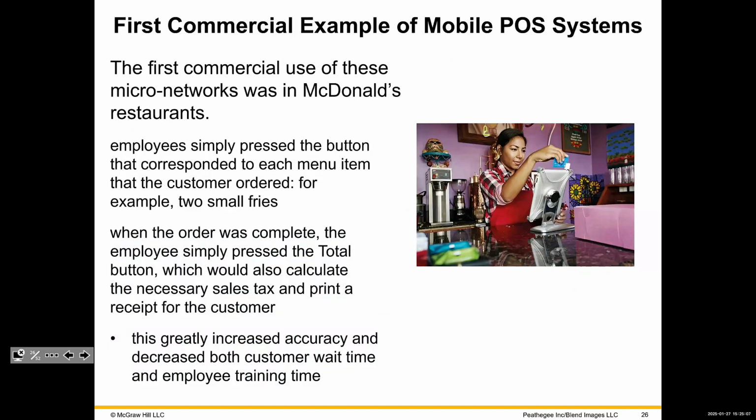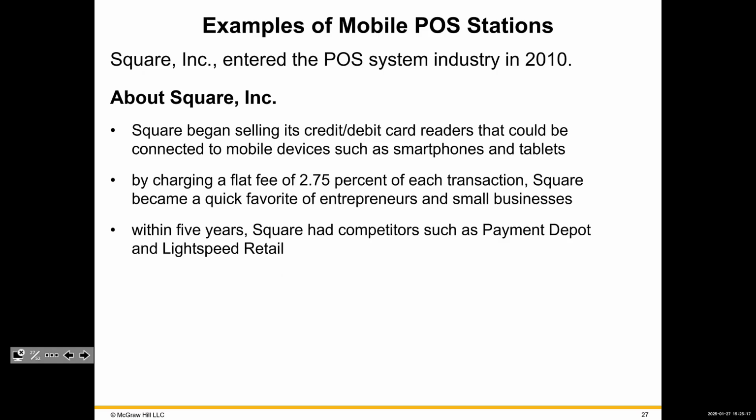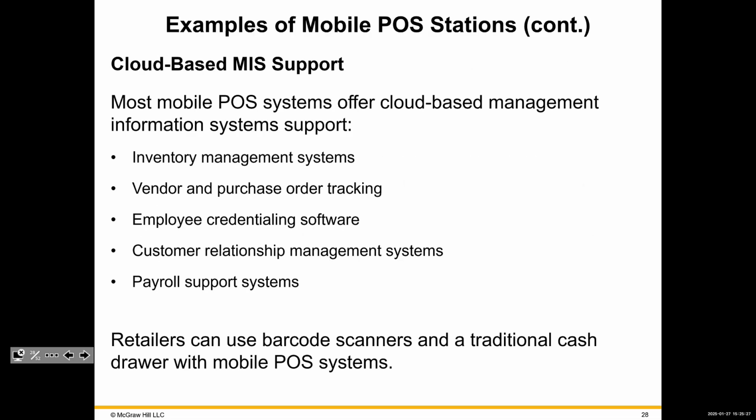All right, so let's see. McDonald's, and I think Amazon also, you can go into one of their stores, buy everything, and it'll charge you. And then Square Inc. was definitely one of the main ones, especially for beauty salons and things of that nature, where they just use your card, like you saw there. And then we have a bunch of cloud-based ones as well.